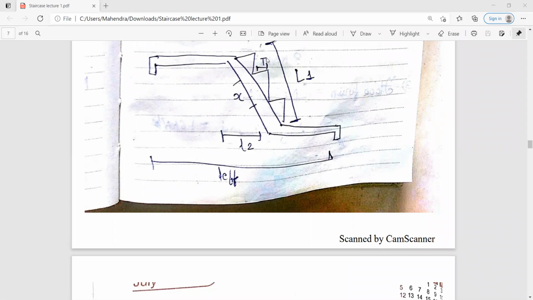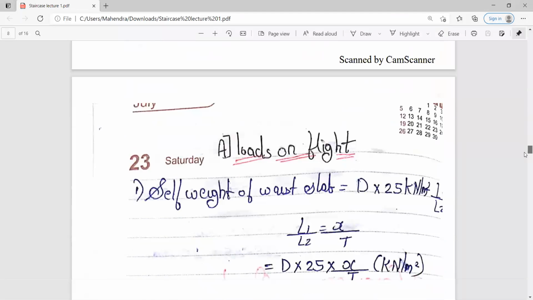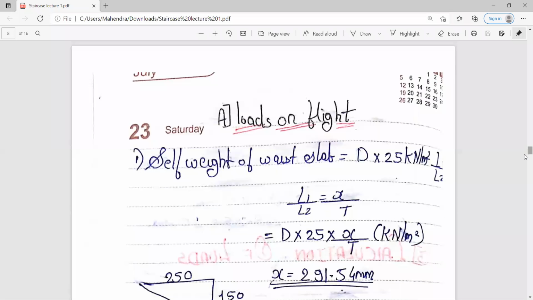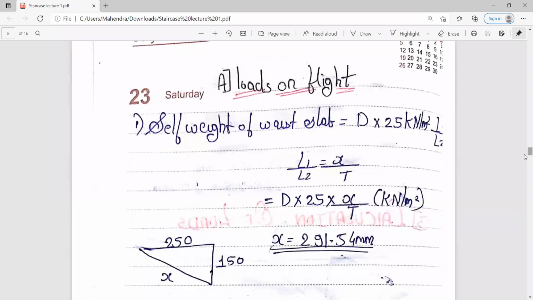Okay, done up till here. Yes ma'am. Okay. Then loads on the flight. You need to calculate the load on the flight. For that, first of all, you need to calculate the self weight on the slab. So to calculate the self weight on the waist slab, you are having the formula, that is